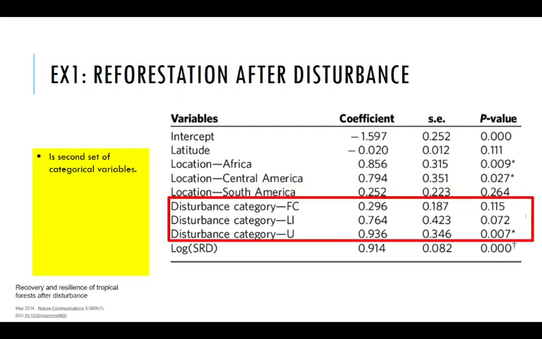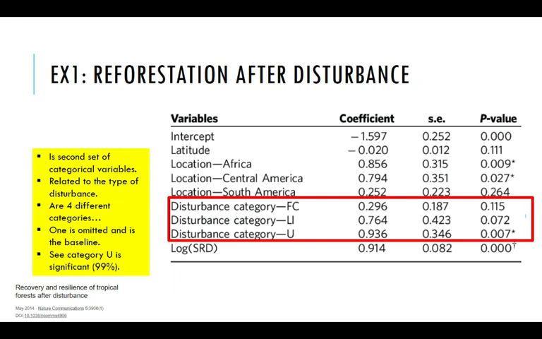There's also a second set of categorical variables in this study, and you see them right there with my red box, and it's related to the type of disturbance. So not all environmental disturbances are the same, and this study had 4 different categories of environmental disturbance. Remember, one gets omitted and it becomes the baseline. And again, I don't know much about the science behind this, but what I can look at and see is